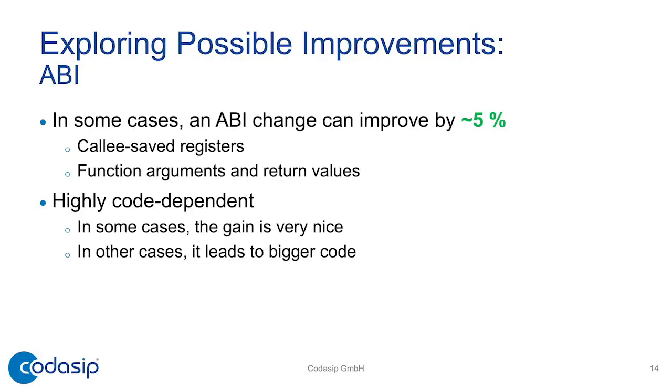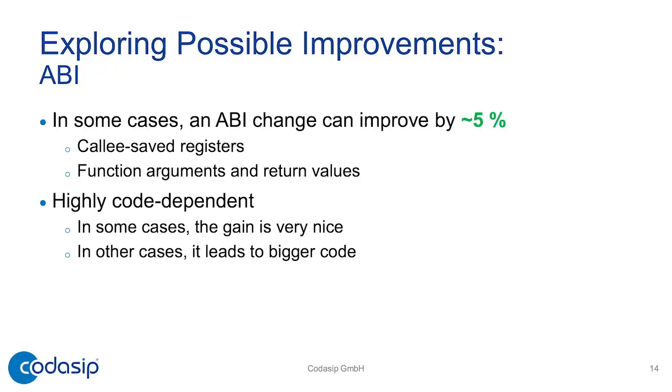Another experiment we did was with the ABI. In some cases, the ABI change can be really significant, leading to up to 5% more RISC instructions. We played with the caller-save and callee-save registers, function arguments, and return values. We tried different settings and found that it may improve code size significantly,